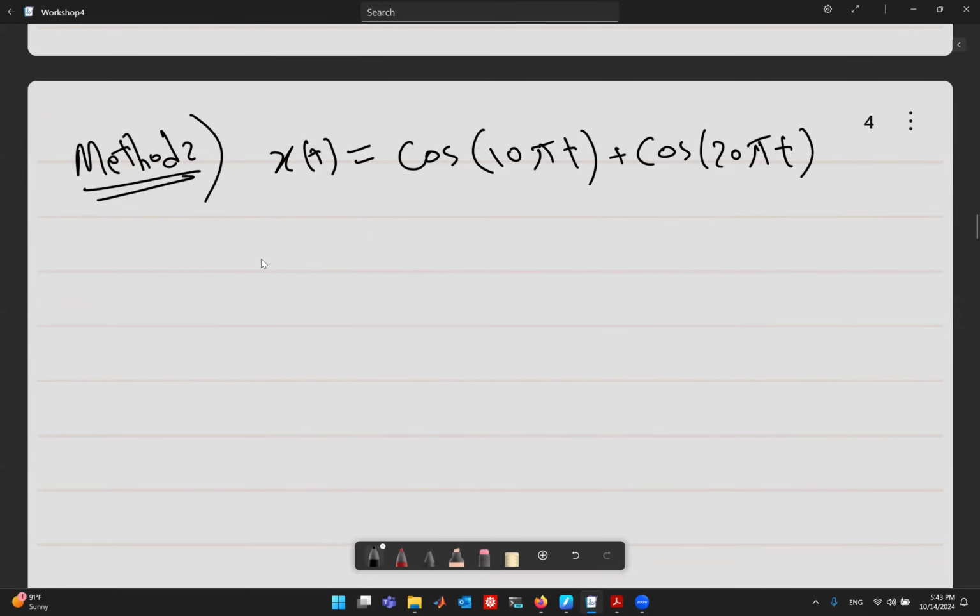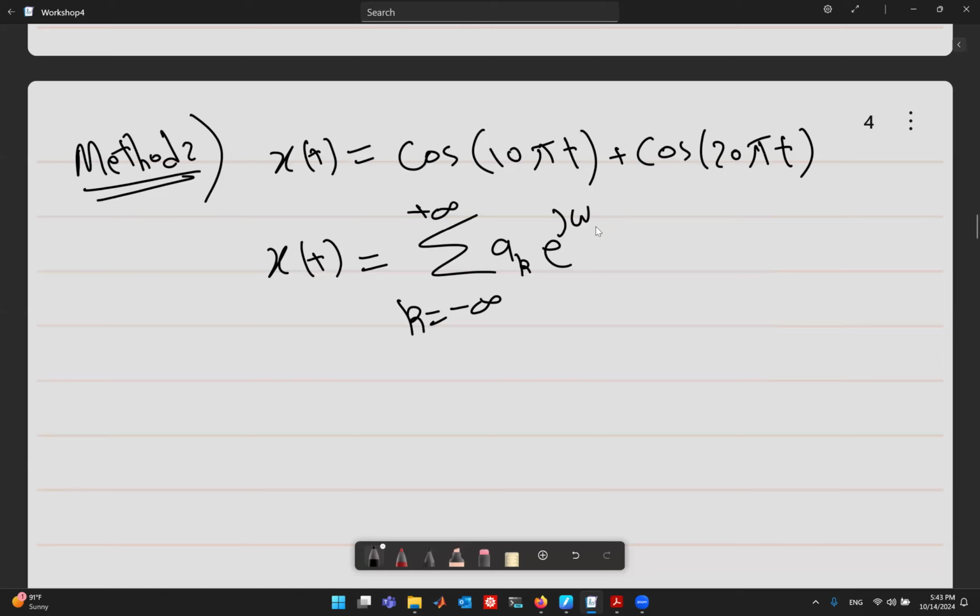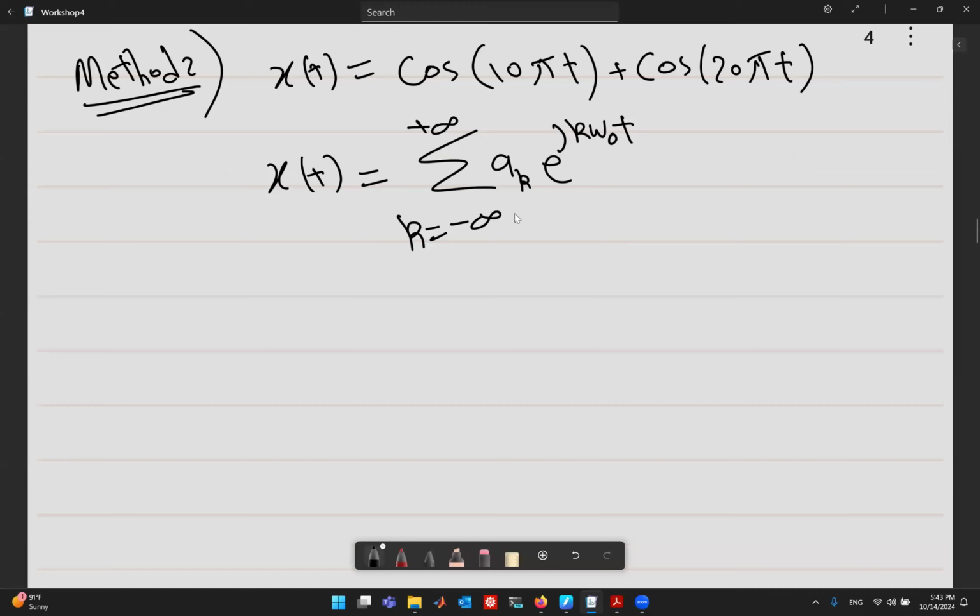And from the definition of the Fourier series, we want to write it this way: the sum for k equals minus infinity to plus infinity of a_k exponential j k omega naught t. And we want to find those coefficients, and they are given by this equation, by this